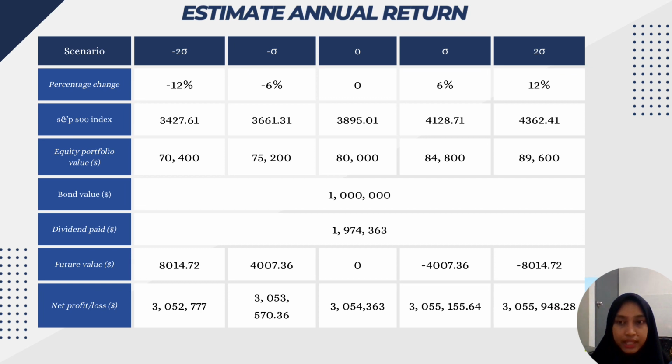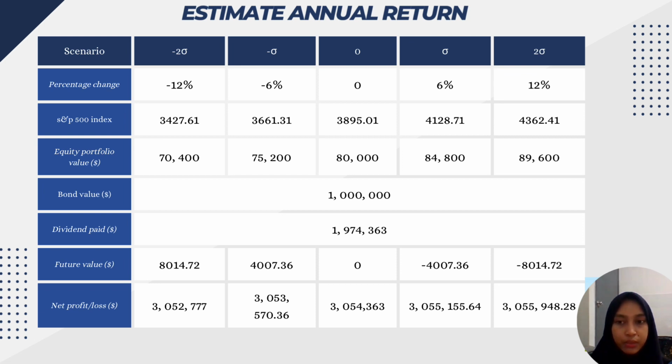Thank you, Aida. Next, I will be explaining about the estimation of annual return. The assumption for one standard deviation is equal to -6%, and for -2 standard deviation is equal to -12%. We calculate the negative standard deviation and positive standard deviation from the spot price at 0, which is